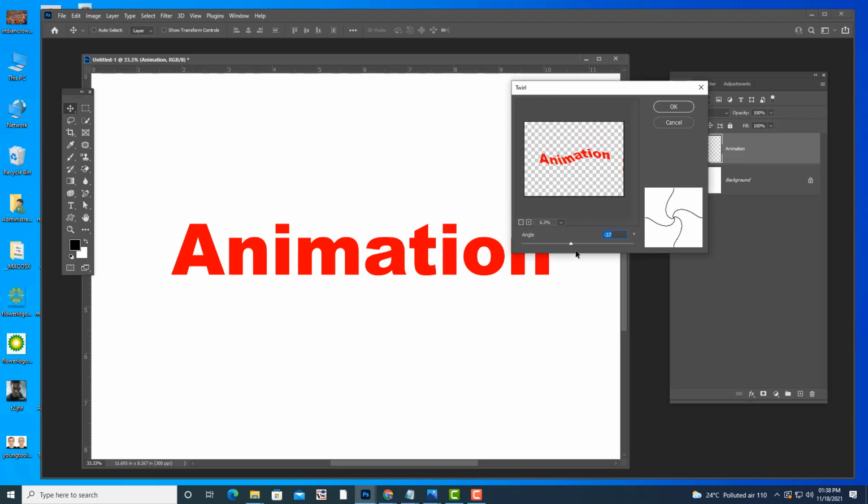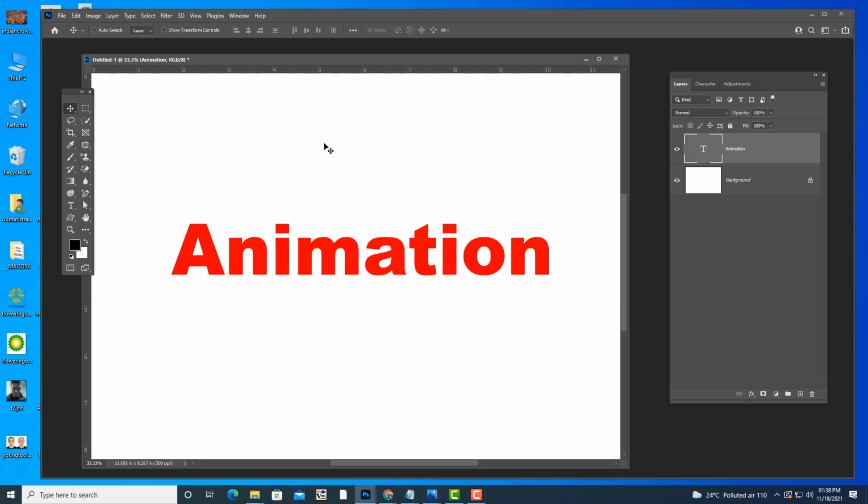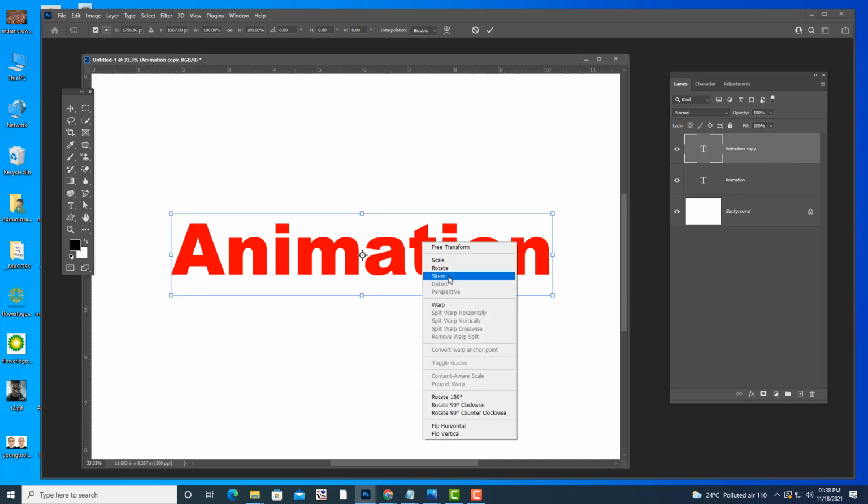You can rotate it like this. We have seen the text warp effect, right? You can use a combination of both. You can also do something like this: Control J, take a duplicate, and I'm going to use skew.